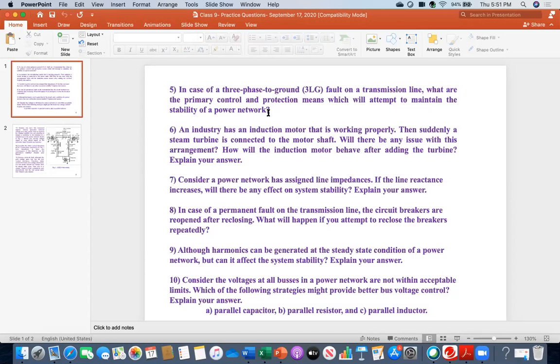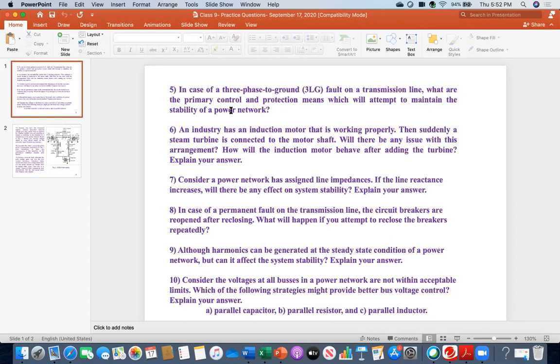So what are the primary control means? I mean the basic. Circuit breaker. Yes, that is definitely one right answer. So that is the protection means. Yeah, relay and circuit breaker combination. So definitely that I will treat as the protection means, and then the